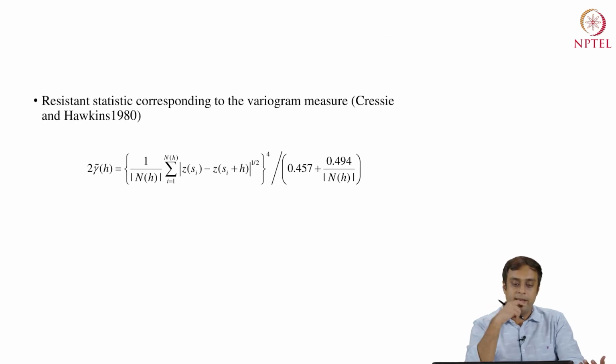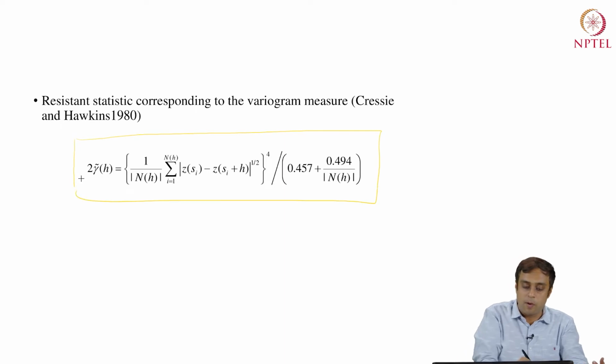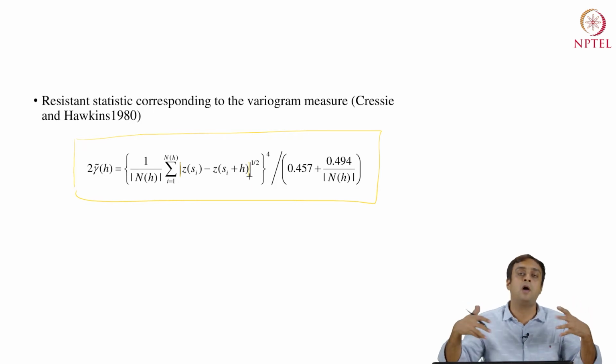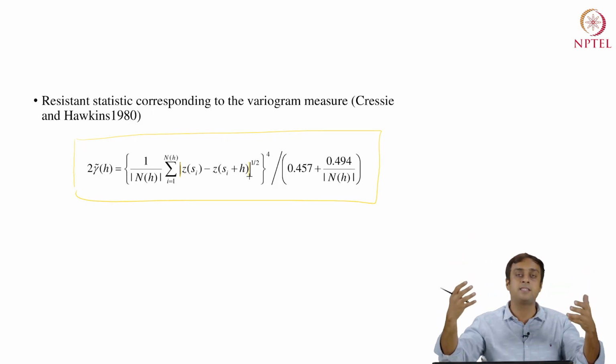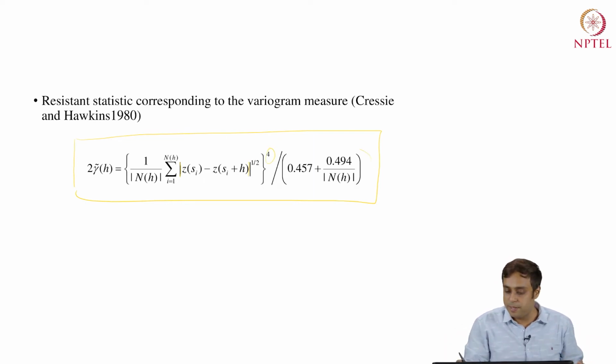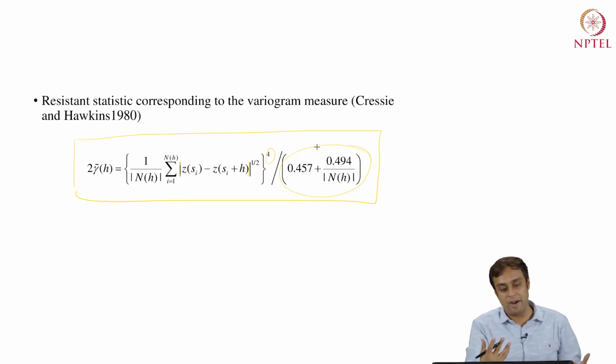All right. So there is a resistant version of the variogram which is not so popular. It uses the modulus of the difference, which does not allow the penalty to be squared. It takes the penalty and square roots it, and then conducts some power adjustment, some normalizing factor adjustment, but it provides us a median analog of a resistant variogram. Cressie and Hawkins provided this version of a resistant variogram in 1980.